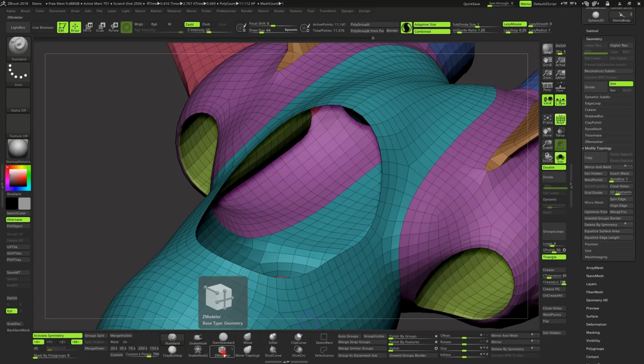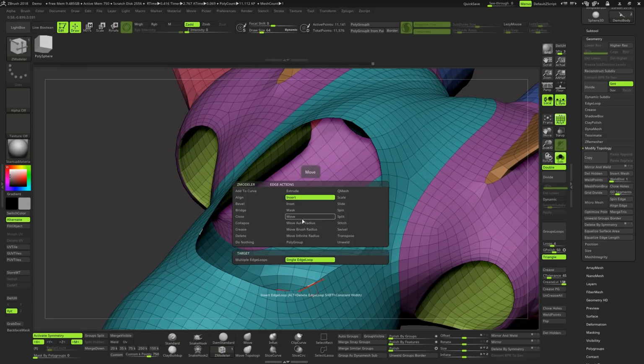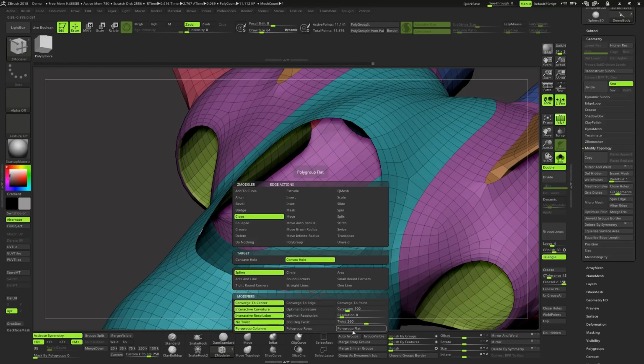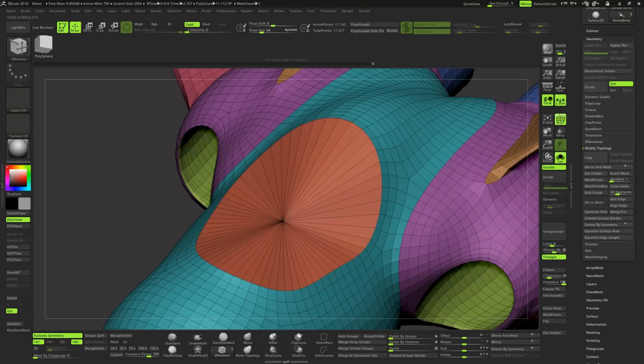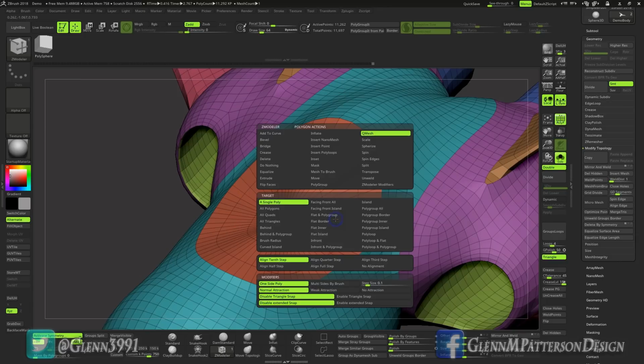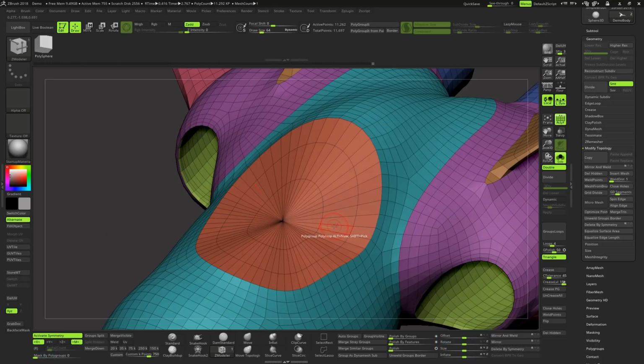We need to go over to ZModeler. We're going to go on our edge here, right click for your edge here. We're going to do a close, convex. We're going to change polygroup flat and click and hold. And I think I just need two subdivisions there, or two edge loops, to do what we need to do here. And we're going to change it to polygroup, polyloop. And I'm going to go ahead and these inner two here,